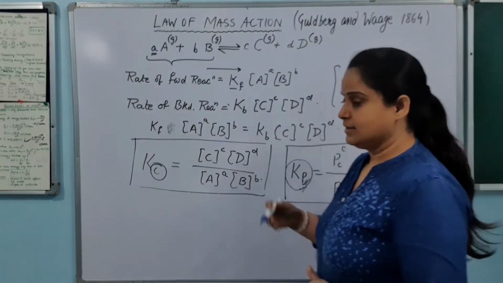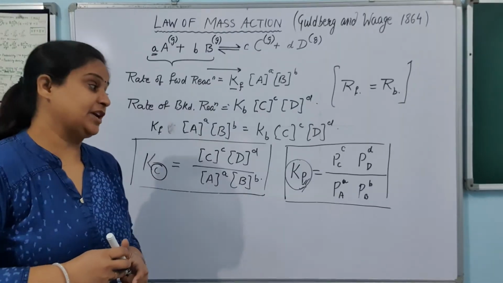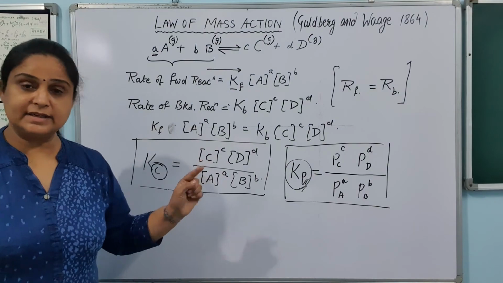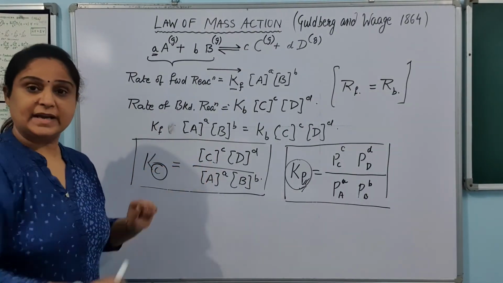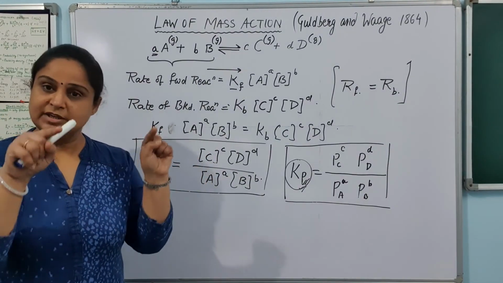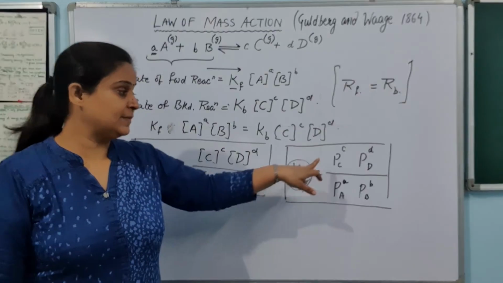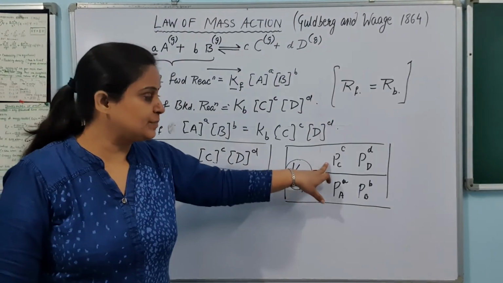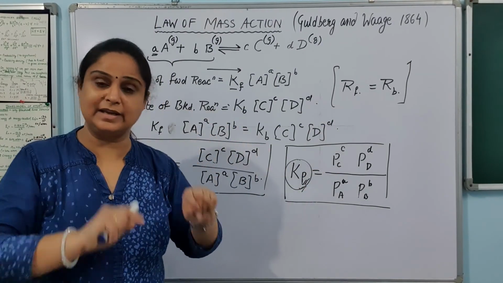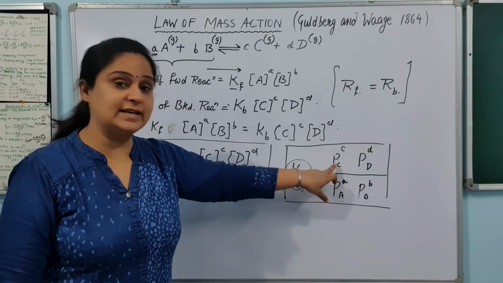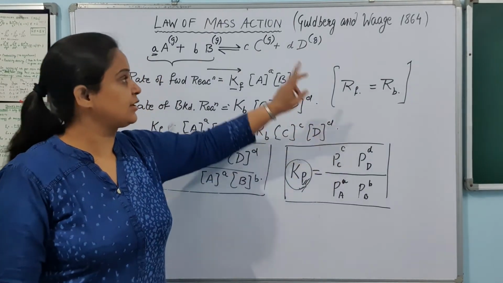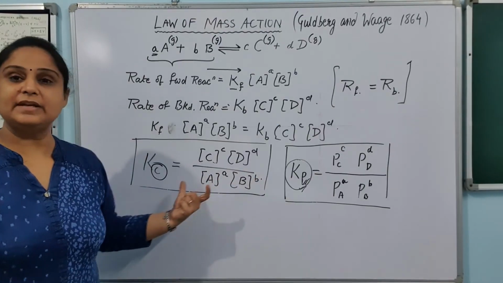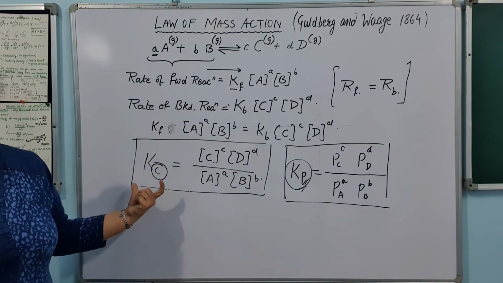So this Kp we are considering at the pressures, and for the Kc we are considering the molar concentration. Concentration is kept in the square bracket. Always remember, square bracket में when we consider the concentration. So this is called Kc. C means here concentration. जबकि यहाँ पे pressure लिया है तो pressure को आप concentration वाला symbol में नहीं रखेंगे. So this is Pc, यानी C का pressure raised to power its stoichiometric coefficient, isn't it? So this way we can consider Kp and Kc. These are the two terms we have to understand here.